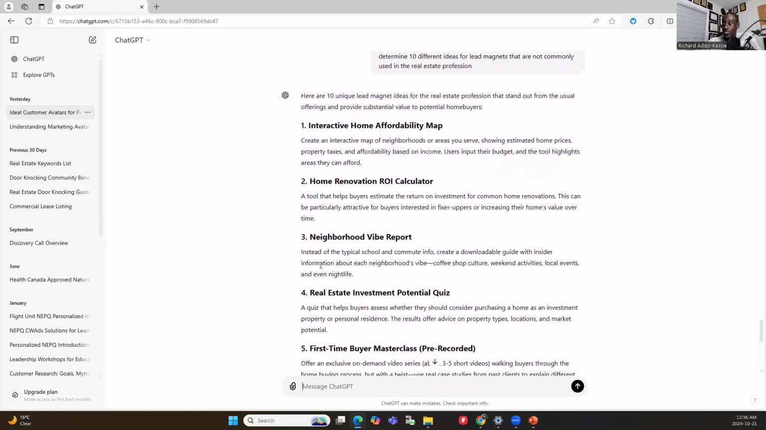So, something that resonates, okay, home renovation ROI calculator. Investors will definitely be looking for that, to get the return on investment, right? Neighborhood vibe reports, for people who are looking for the best neighborhood, right? And then we have an interactive home affordability map, right? So we could have a map and then show the different homes and areas for the price point where first-time home buyers are looking, in a certain price range, that are more affordable. We could even, if you want to target more luxury homes, right, watch, I'm going to play